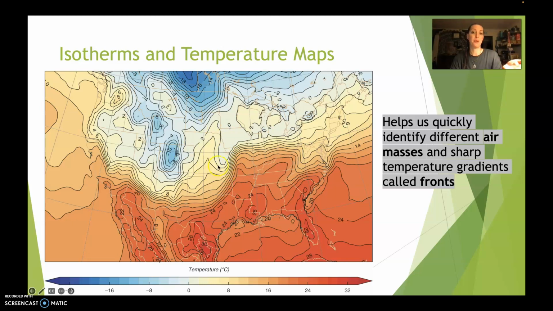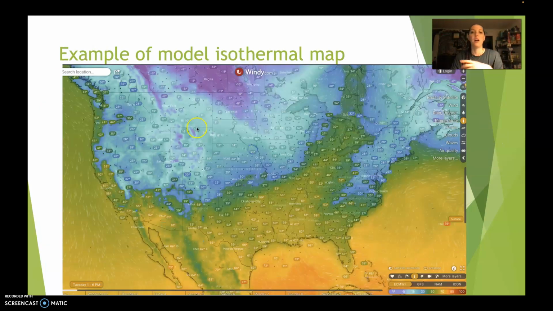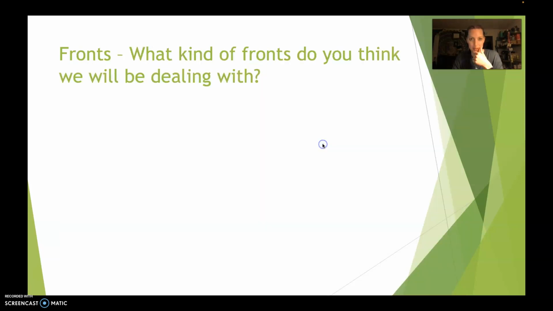Again, this is an example from your book, how we may look at temperature maps in other aspects that are maybe a little bit more tangible to us, or something like this. And it's a different color coding. What's really nice about this particular image from Windy is they color code it in a way that the freezing line is that really beautiful blue color. So why is this important? Because we can then identify what we call fronts on